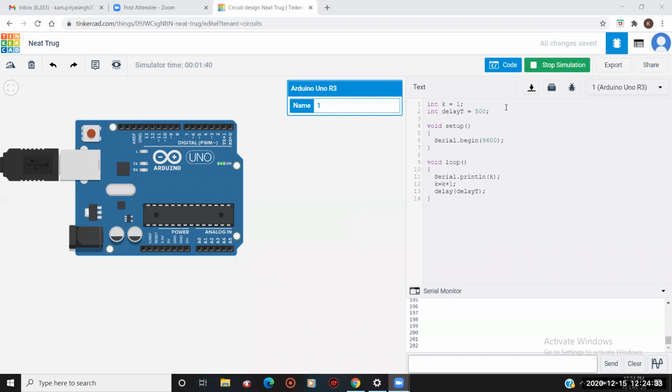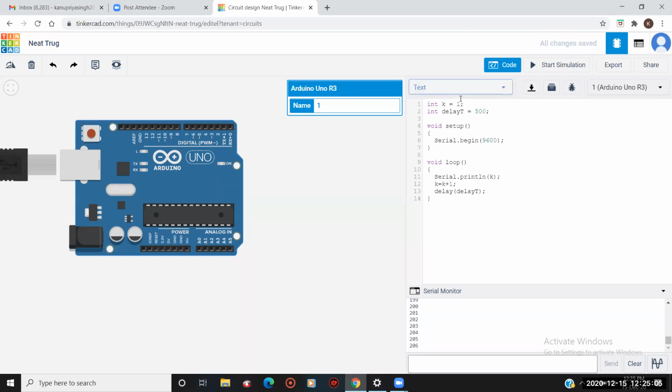So now I am stopping the simulation first, and I want to add some more features to this code. Right now it is only printing the counting, but I want it to print something like k equals 1, k equals 2, like this, as I have given in my first line, int k equals 1.